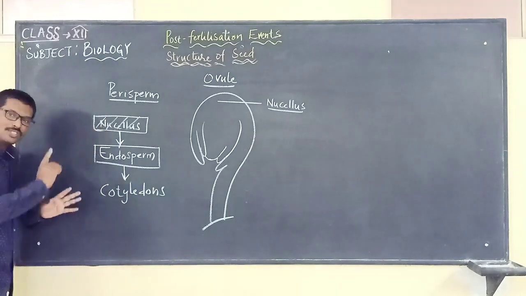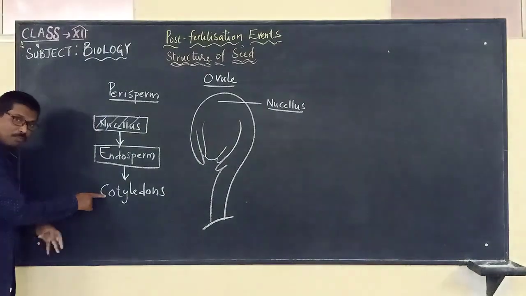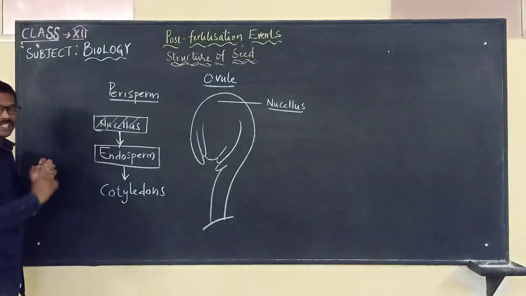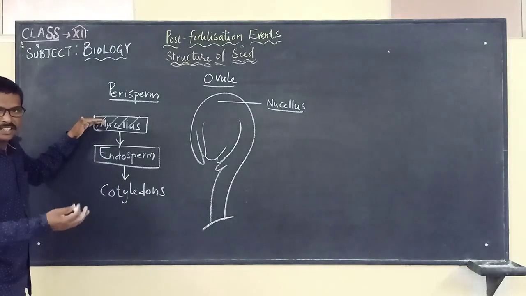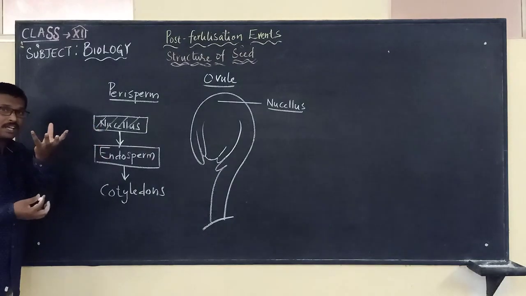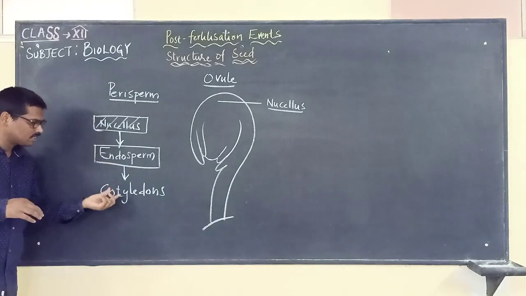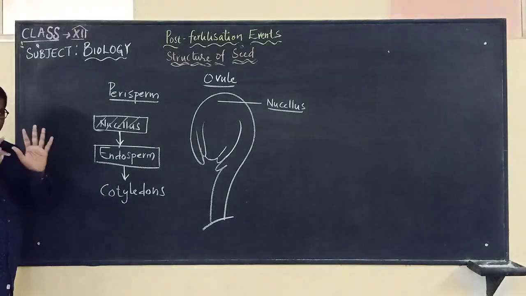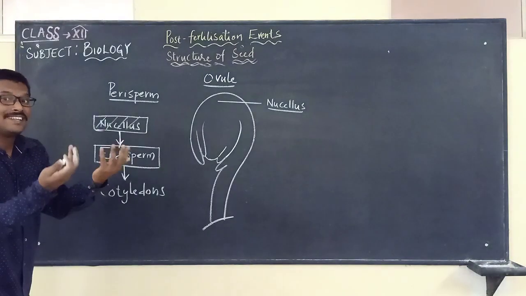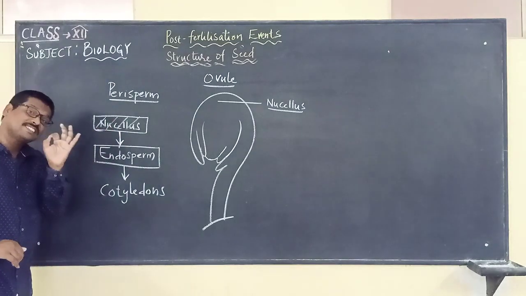So here, remember and follow it carefully. Cotyledons, endosperm or nucellus cells are rich in what? Raw food material. So cotyledons are absorbing the food from what? Endosperm. How did the endosperm get the food? It is from the nucellus cells. So nucellus is used as food material and absorbed. Nucellus, rich in food material, is absorbed by the endosperm, and endosperm, which is rich in food material, is absorbed by the cotyledons. So in most of the cases, the nucellus completely disappears. But in some cases,